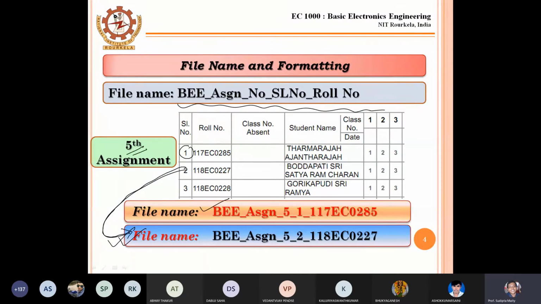If you make any mistake while giving the file name, the marks will be provided to another student. It will be very difficult to check your name and roll number. By observing your file name, we have to give the marks, because we have a huge number of students. So I'm requesting, do not make any mistake at your end.